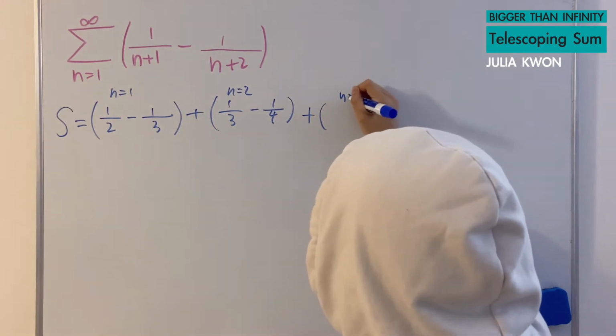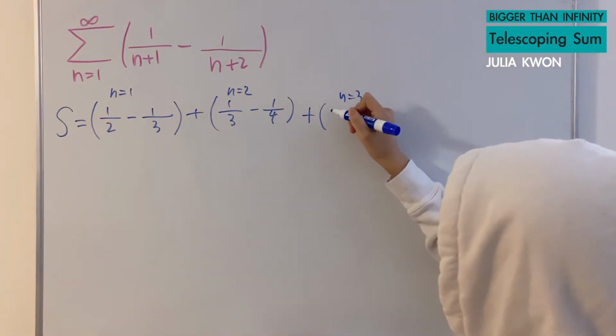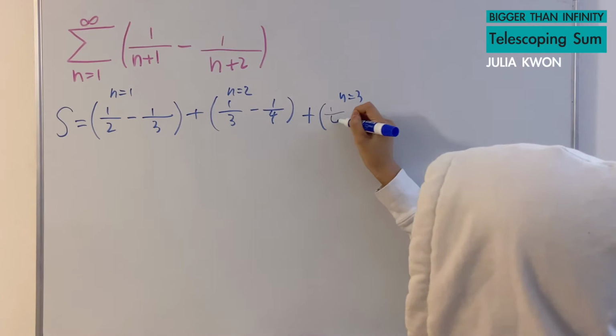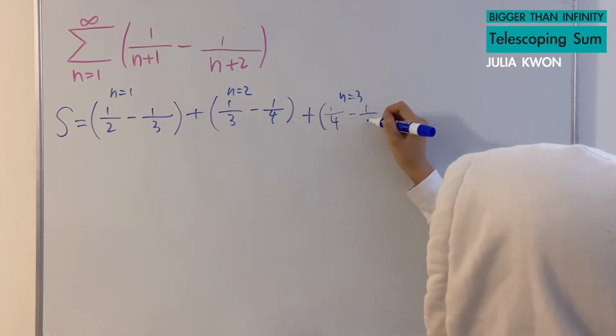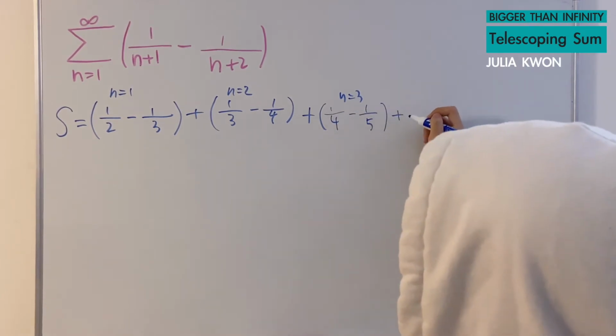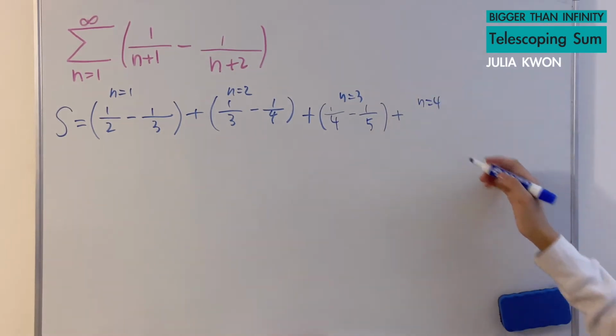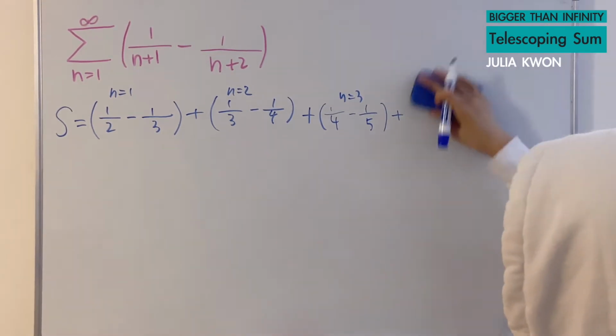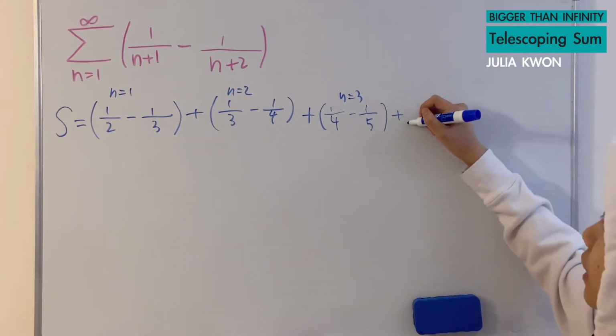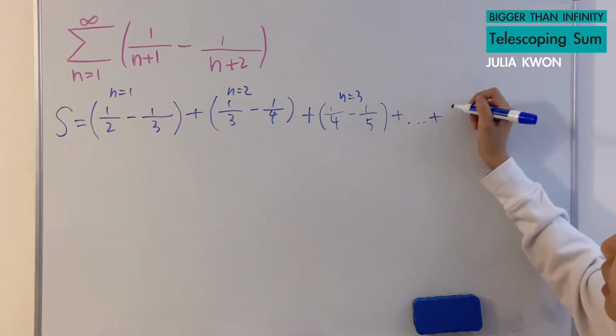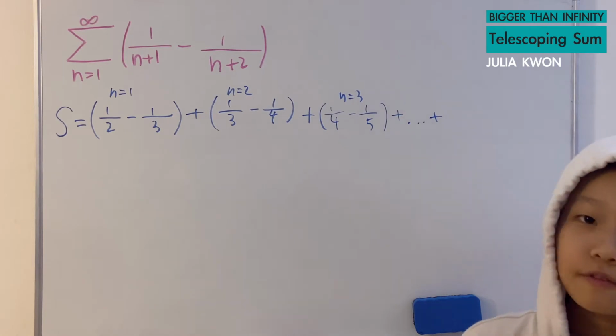When n is equal to 3, we have 1 over 4 minus 1 over 5, plus, when n is equal to 4, I'm going to stop there, and plus